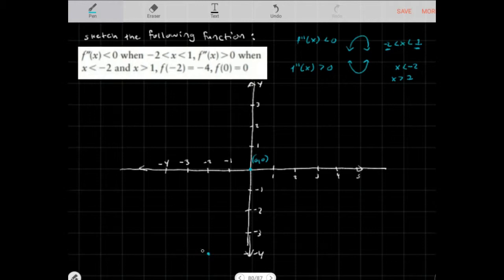So in this case, we know that when x is less than negative 2, it's concave up. So let's say that a potential graph looks like this, right? And your answers can vary here, right? So let's say it's concave up until this point, concave up. And then we know that